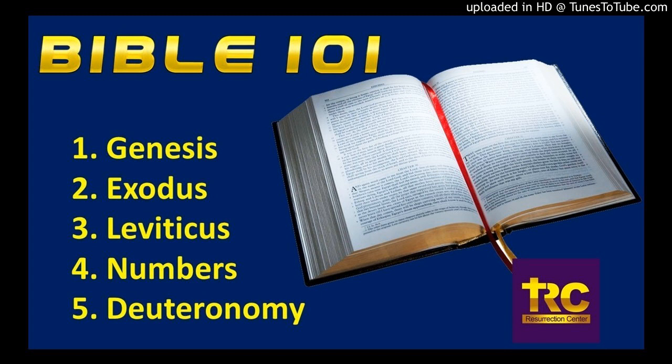Here are some important characters of Leviticus. Of course, we know about God. The whole book is about how the nation of Israel needs to live in order to survive living in the presence of such a powerful, holy being. Moses, of course, he led the Israelites